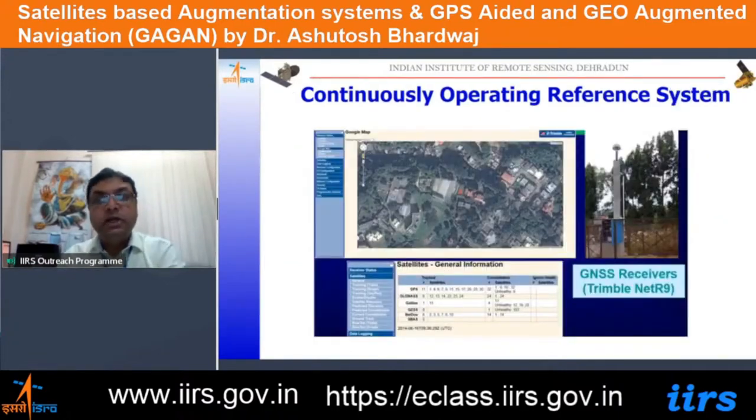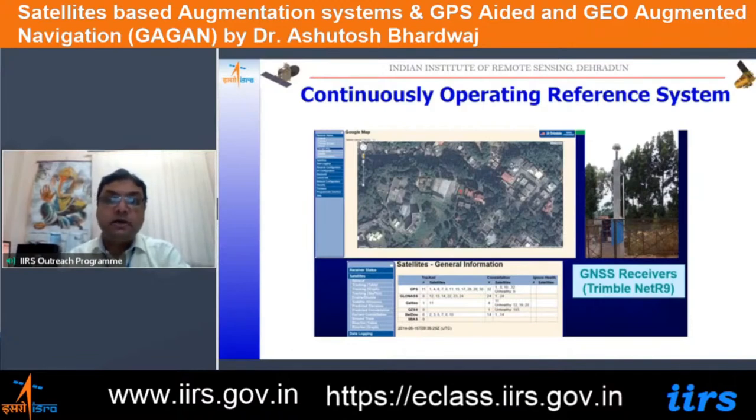So this is the CORS station which is installed at IIRS. The Department of Space has also established a lot of stations across India, like the National Remote Sensing Center has established, SAC is involved from Ahmedabad, and IIRS from Dehradun. So we have also established various stations for the tectonic